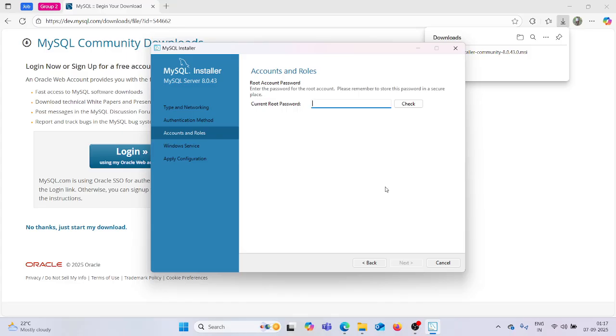Then under authentication method, there will be a user and password, your credentials. User password. So it is showing account and roles. The user will be root and then the root password. Root means your admin who can give the access.